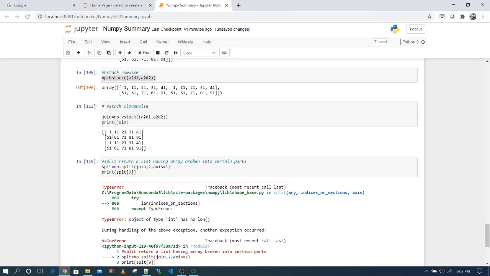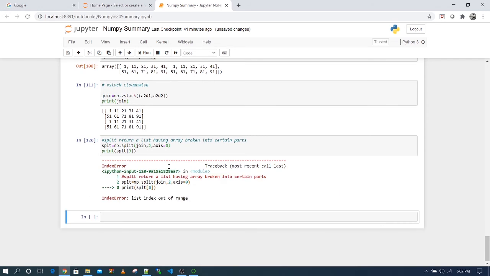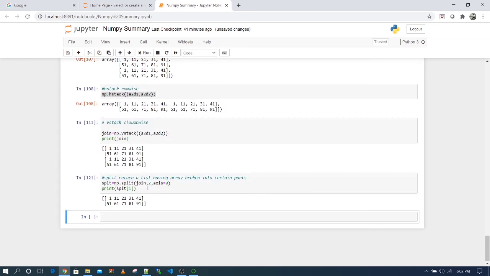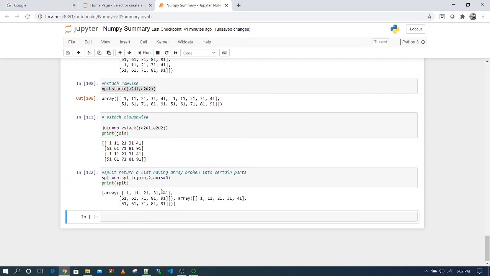Since we have 5 columns, we cannot split based on that, so we will pass 0 and we will get, okay, let me change this. Let me show you the result y2. So now we have a row wise split. Suppose if we have 4 elements, then we will get a column wise split.